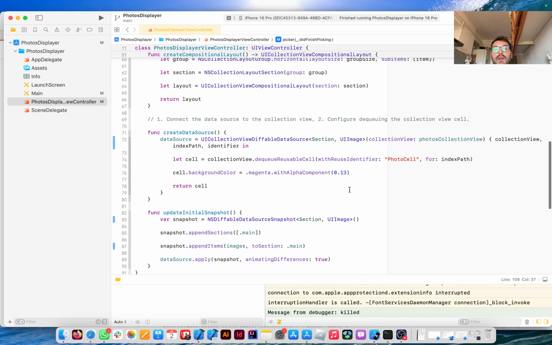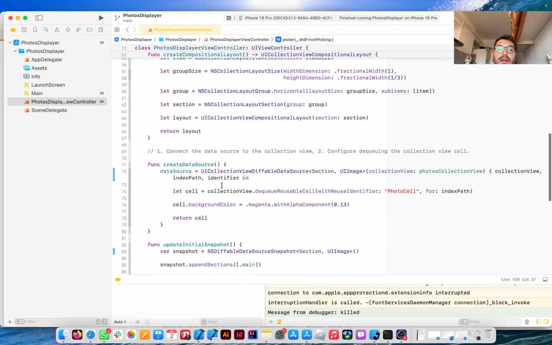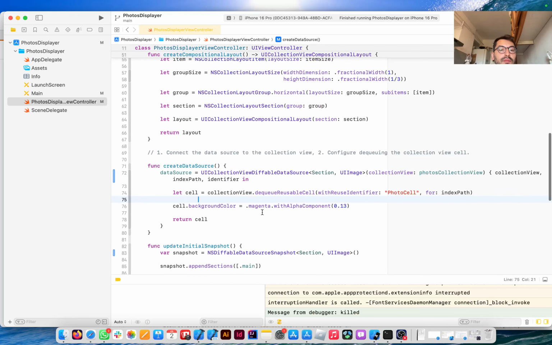So what I really need is to add an image view to my cell in my storyboard, and I'm going to then create a custom class for my cell, subclassing collection view cell, and I'm going to use that as my custom class in my storyboard so I can update the image on the cell in this data source provider